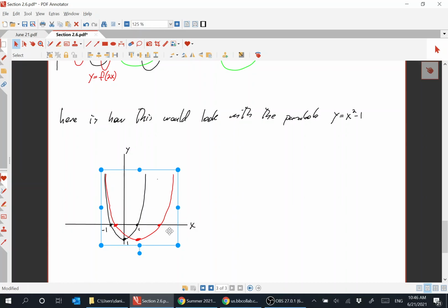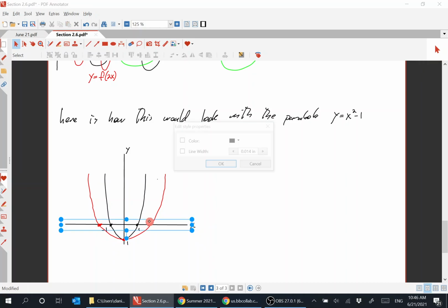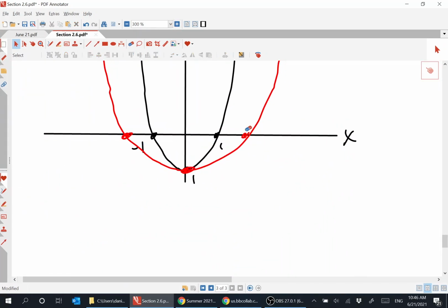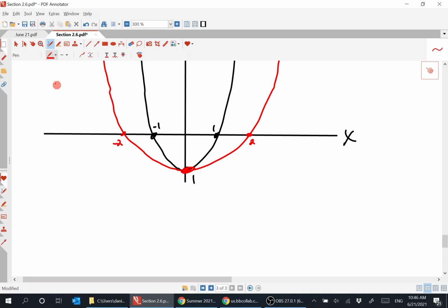So did that do it? Now I need to stretch it a little more. So that's 2 and -2. These right here are 1 and -1. And then that's still the point, 0, -1. So we multiply,